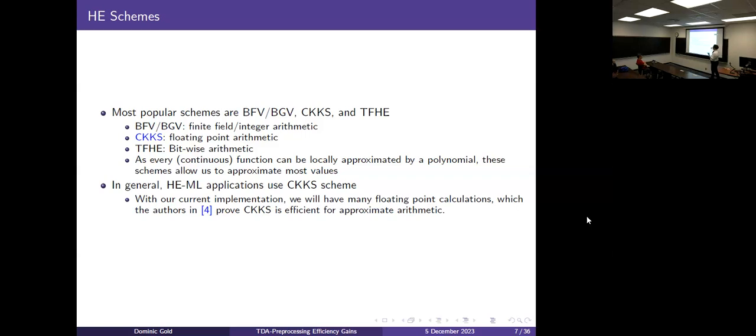As you can imagine, between these three, for most machine learning applications, at least in the literature I've seen, most privacy-preserving machine learning literature uses the CKKS scheme because of its floating point approximation prowess. There are a lot of floating point calculations, a lot of layers in a neural network that have a lot of decimals. You want to preserve those. So I've mostly seen the CKKS scheme, and that's the one I'm most familiar with as well. It's also called HEAAN, by the way, because it was originally introduced as homomorphic encryption for arithmetic of approximate numbers. So you'll see that in the literature as well. But I think most people call it CKKS now.